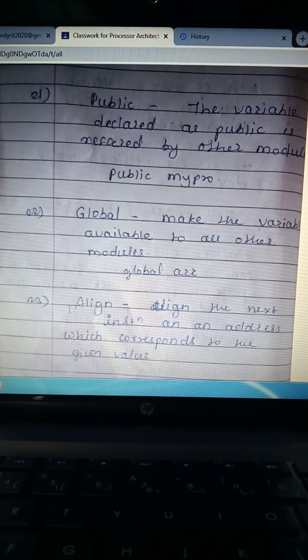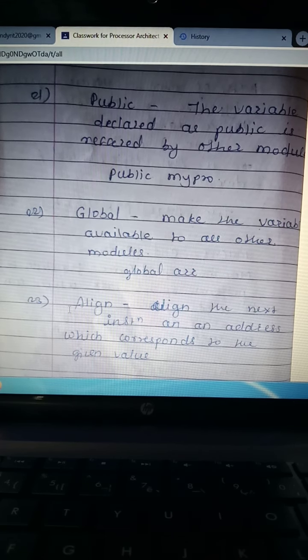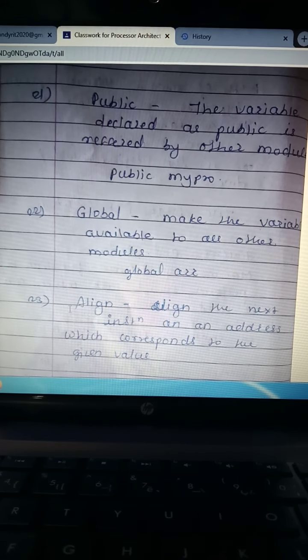Next directive is the PUBLIC directive. A variable declared as public can be referred to by other modules. For example, PUBLIC MYPROCEDURE. Next one is GLOBAL.